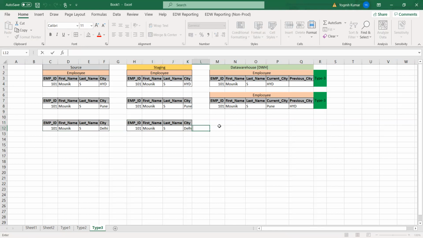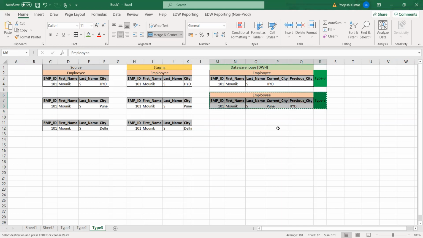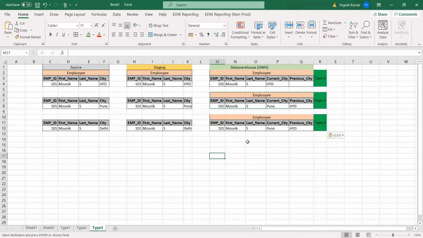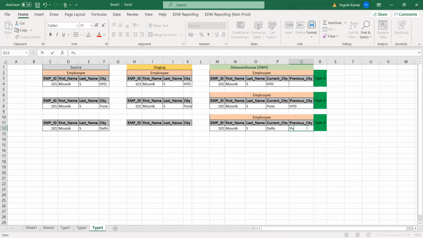When this record is loaded into your data warehouse, into this type 3 dimension table, it will be updated. Now, can anyone tell me what the previous city is for this? Pune.